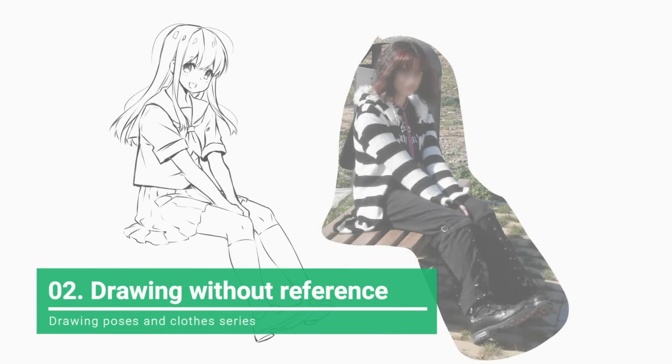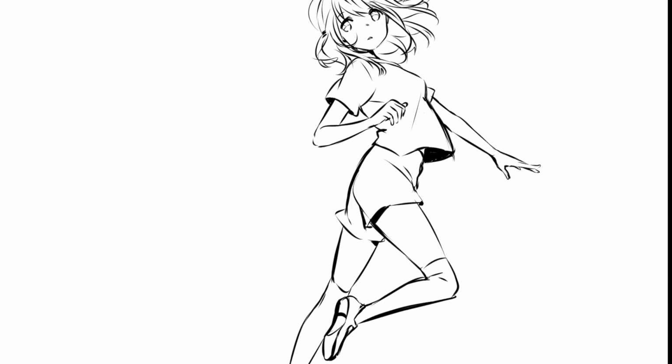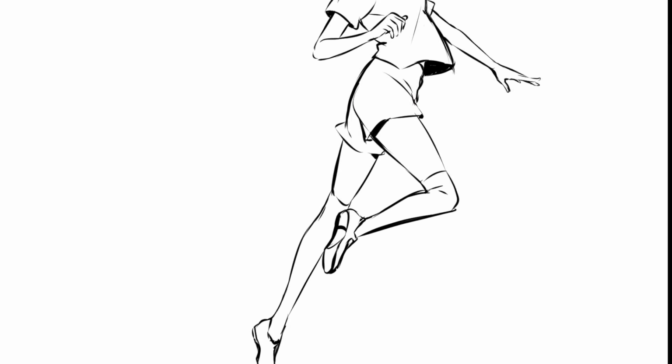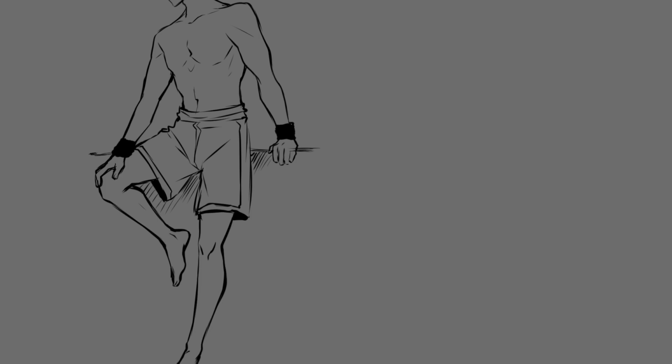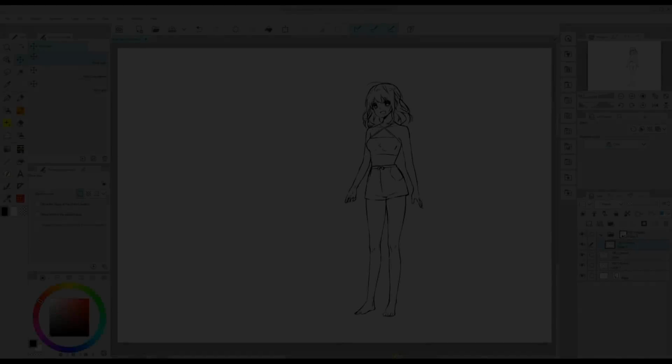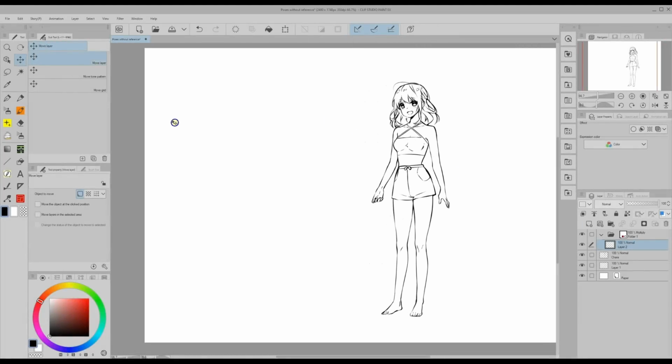In my previous tutorial from this series, we learned how to use references to draw different poses. In this tutorial, I'm going to give you some tricks to draw poses without any reference at all on Clip Studio Paint. Let's begin! The first thing you need to know is that a human figure can be simplified into